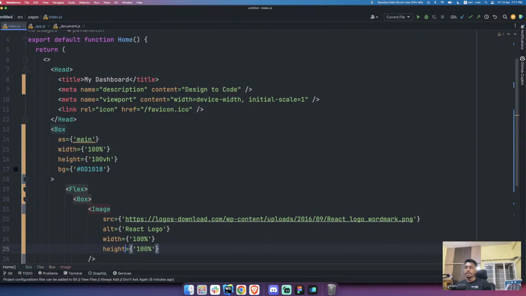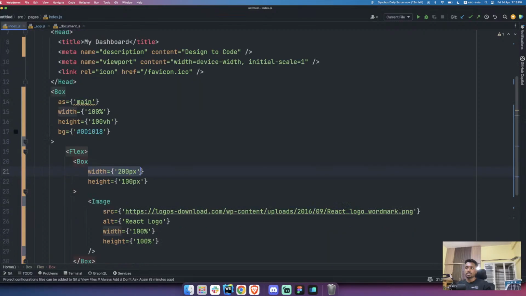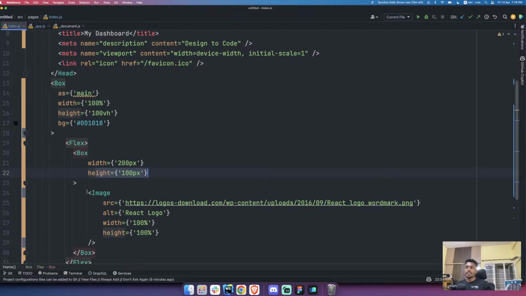So here I'm going to say width would be around 200 pixel, and height would be around 100 pixel. Now this box would be 200 pixel width and 100 pixel height, and the image would occupy only that much. It won't jump out of the parent. Okay, so now if I refresh,